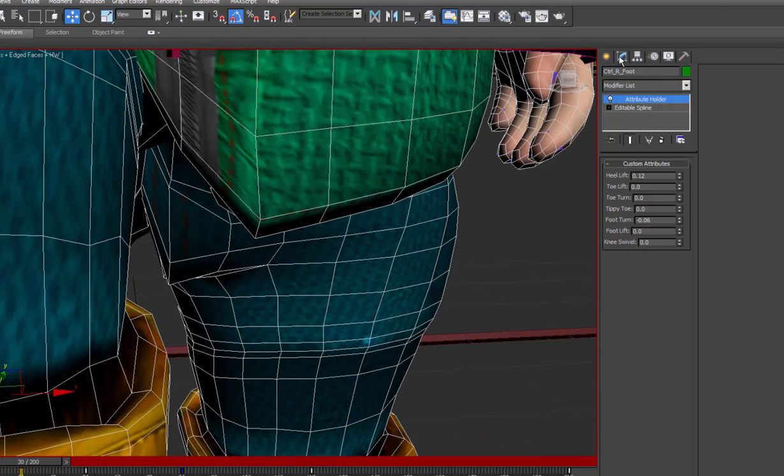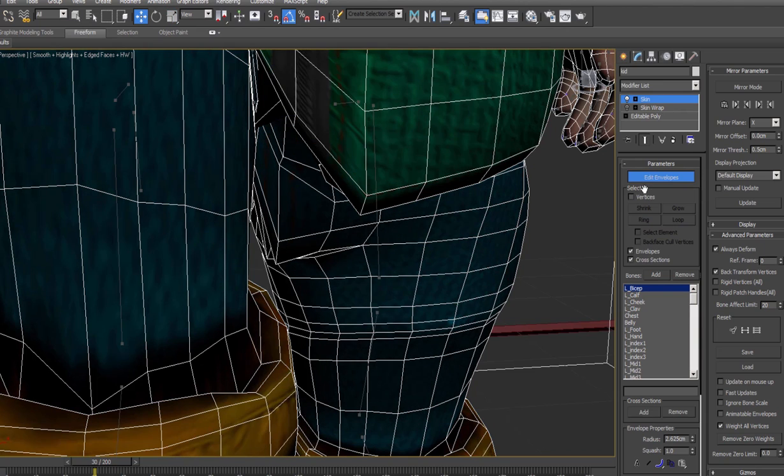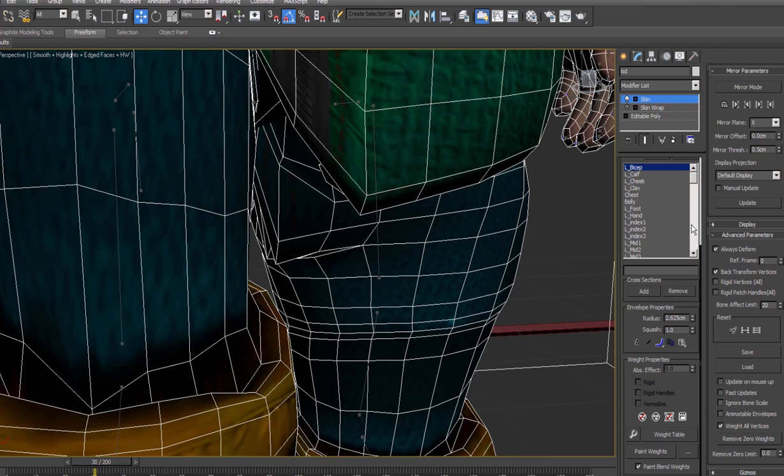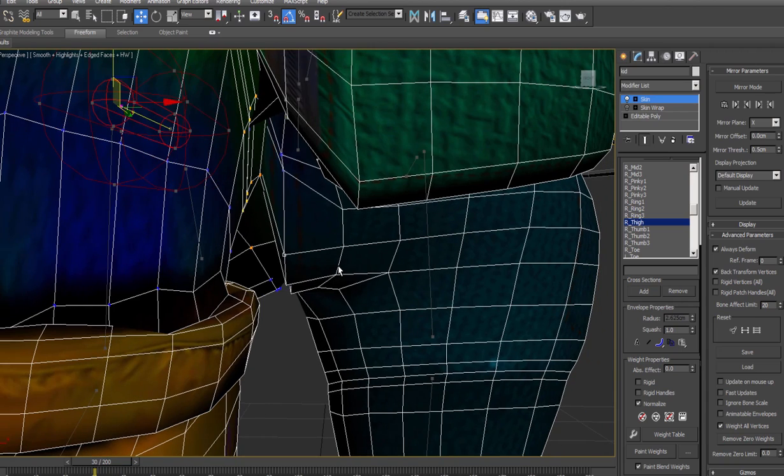So what we can do here is turn off auto key, select geometry, grab the character, and click on skin. Make sure edit envelopes is on, and select vertices is on, and go into here and probably click right thigh, our thigh, right here, so that we got a bone to start with. Well, we're trying to add some influence. So if I were to guess, there's probably no right influence on this whatsoever.